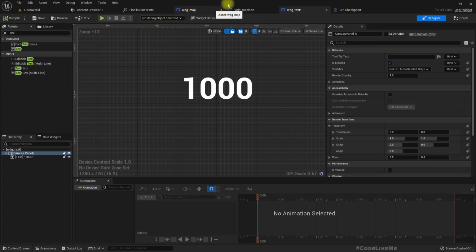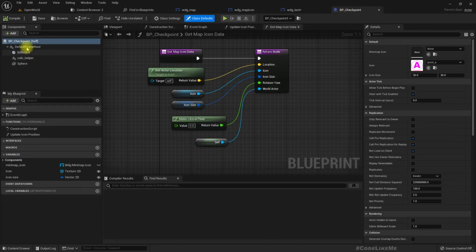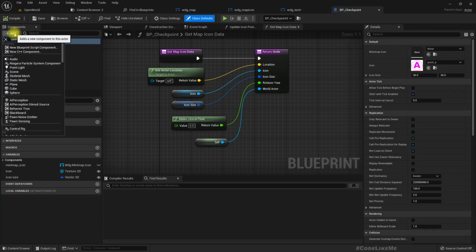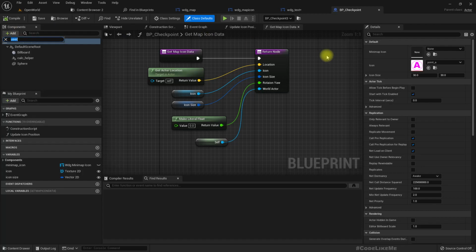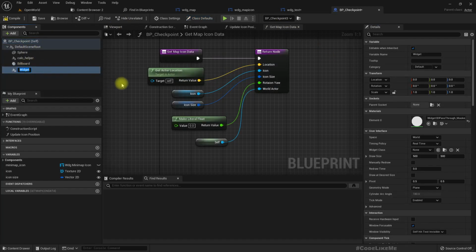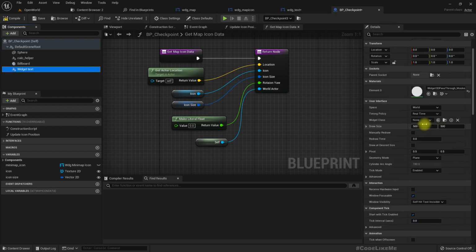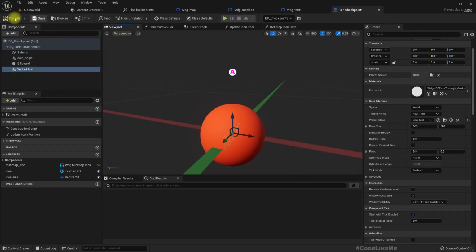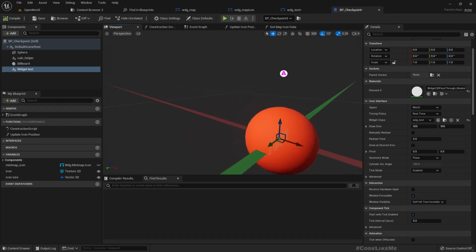Right, and then let's add this widget into the checkpoint. Widget as a widget component. Let's call it widget text, and as the widget class, I'll use widget text. Compile. So